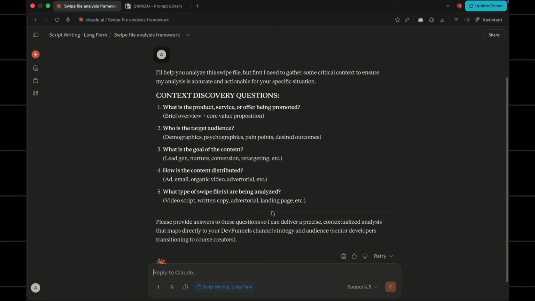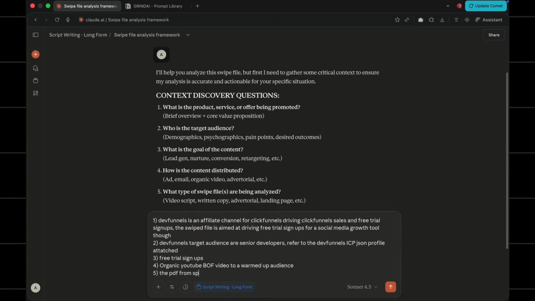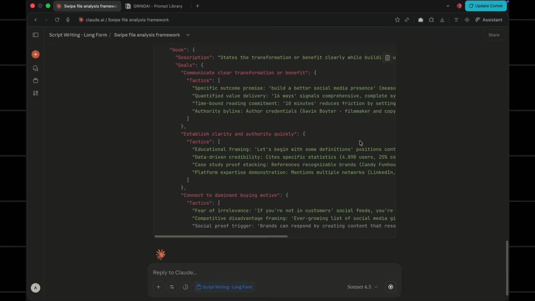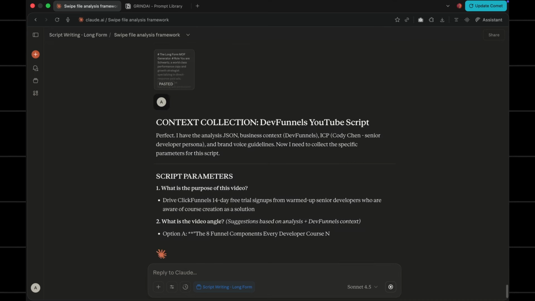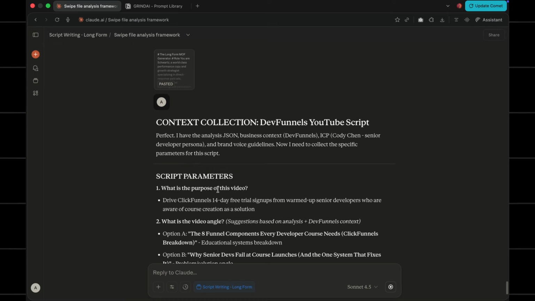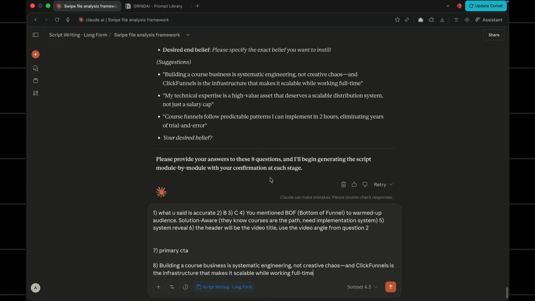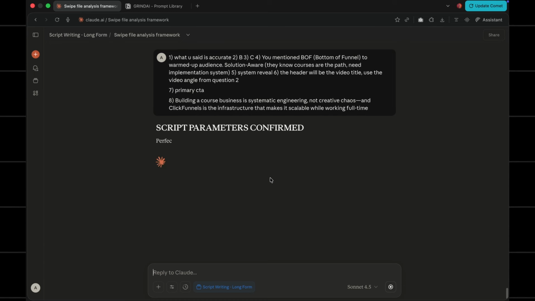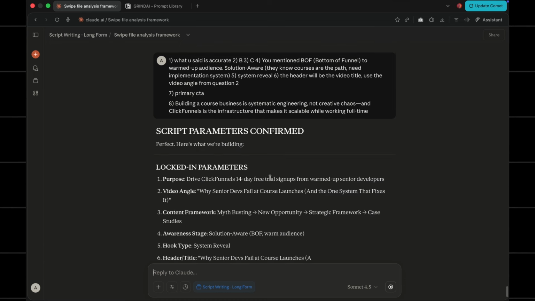Again, this prompt is in the WAP. And as you can see, it starts asking me questions for some more context on the PDF. I answer these and it outputs a JSON file with all the key details from the copy. Now, after it outputs the JSON file, we just paste in the script generation prompt. Both prompts are in the WAP, and it follows a similar process to the educational video. It goes through the script section by section, asks me questions, and I confirm as we go.